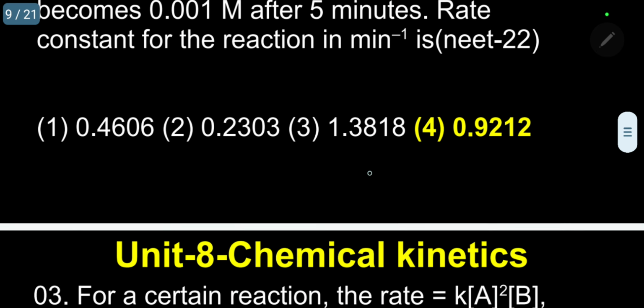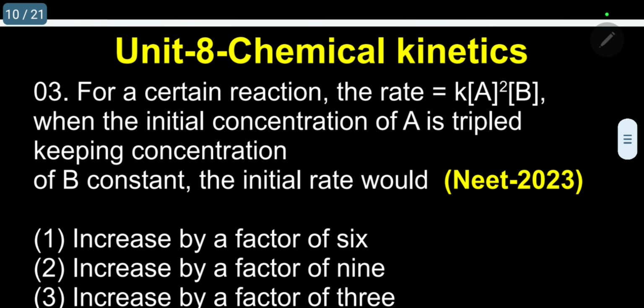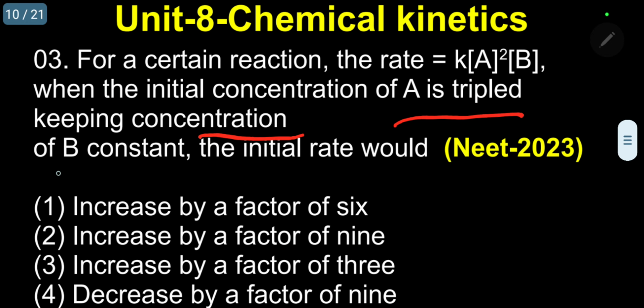My dear students, question number 3. Kindly follow me. This was asked in 2023. For the reaction, the rate is k[A]^2[B]. When the initial concentration of A is tripled, keeping the concentration of B constant, by keeping B constant and tripling the A concentration, the initial rate would be,